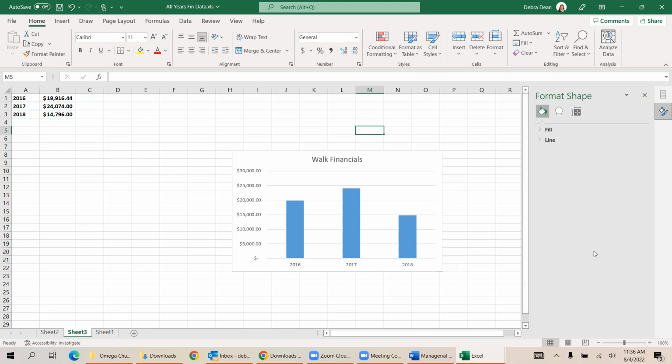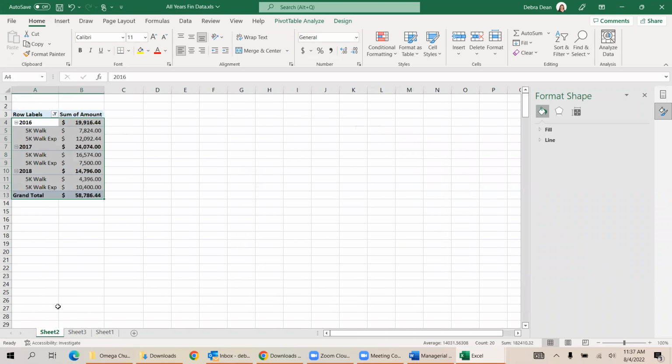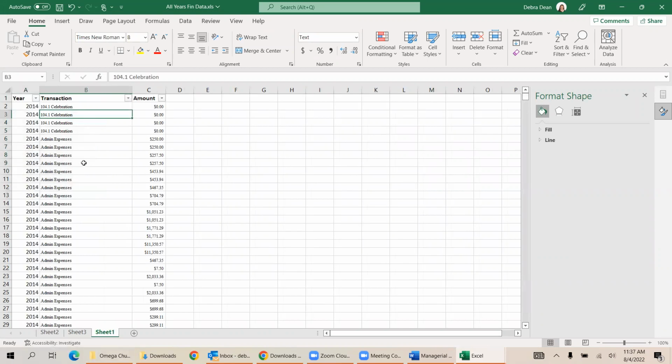2018, it fell down. So we don't know the details behind this, but maybe the issue was they had different people leading these activities each year. So whoever led it in 2017, perhaps we want to call them back and say, hey, would you like to run the walk campaign for this year? That's an idea. Now, what we could do is continue to look at, let's get back into our data here,